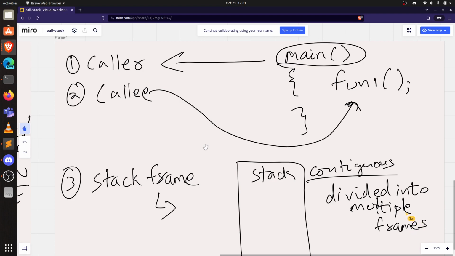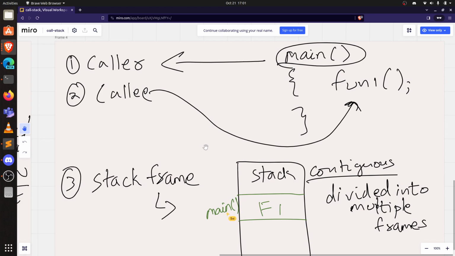It will be divided into multiple frames, and this will be on each function invocation. So for example, the main function will have, say, frame 1 attached to it,